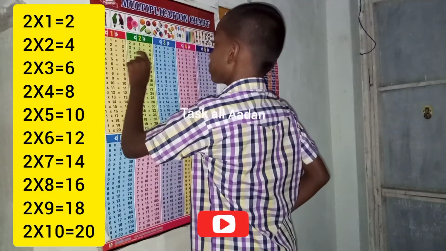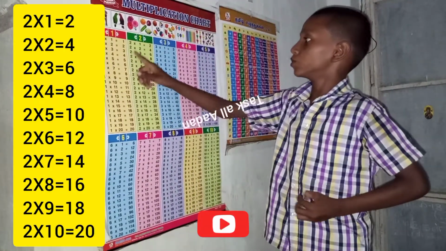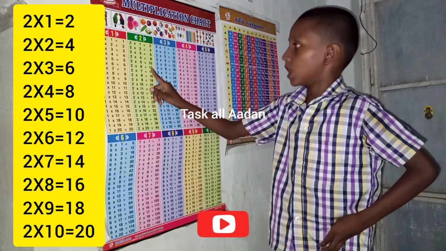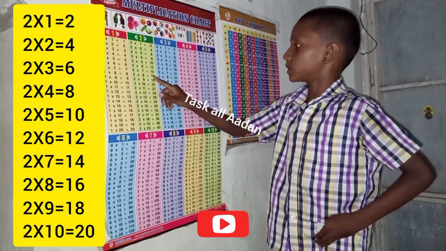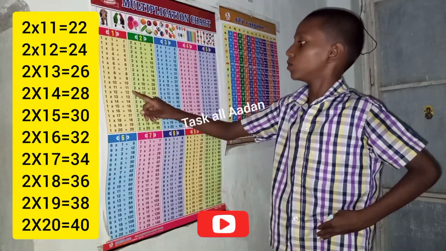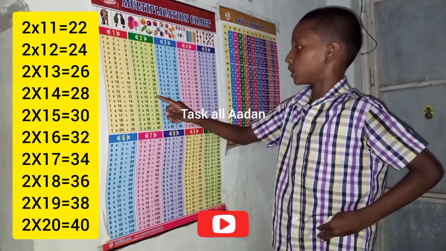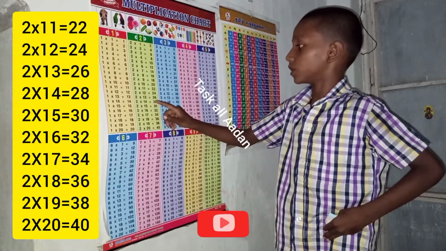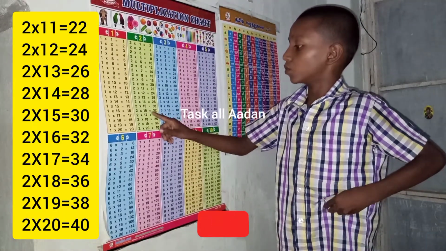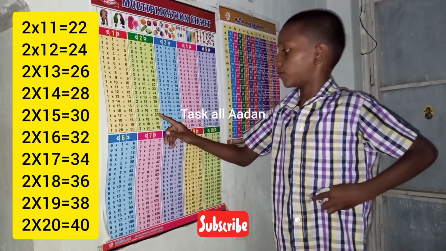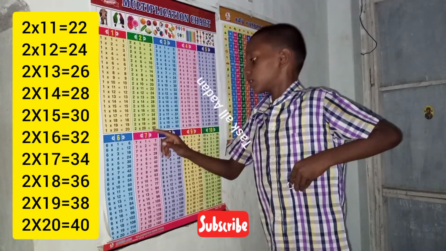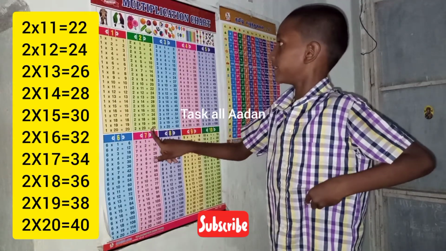2 1s are 2, 2 2s are 4, 2 3s are 6, 2 4s are 8, 2 5s are 10, 2 6s are 12, 2 7s are 14, 2 8s are 16, 2 9s are 18, 2 10s are 20, 2 11s are 22, 2 12s are 24, 2 13s are 26, 2 14s are 28, 2 15s are 30, 2 16s are 32, 2 17s are 34, 2 18s are 36, 2 19s are 38, 2 20s are 40,